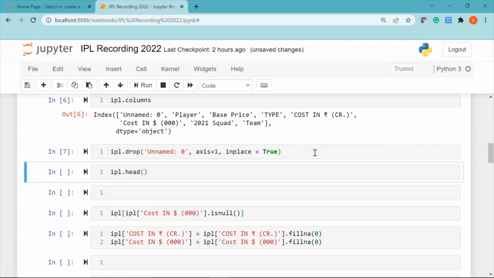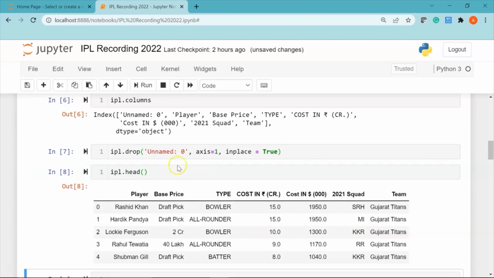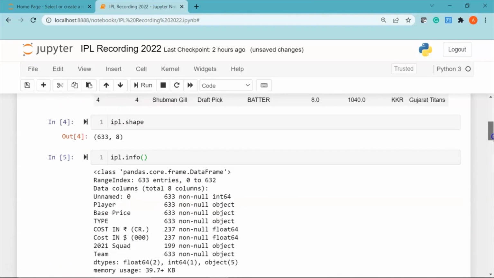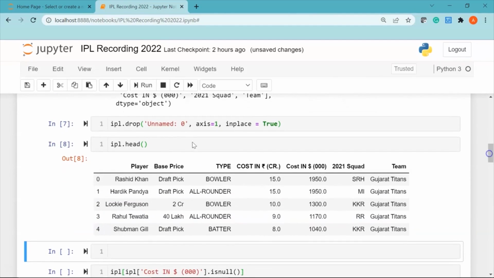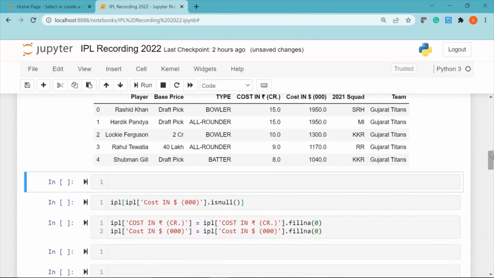So let's run it, and now we'll again check the head of the data frame. You can see before we had the unnamed column, which was the first column in the data frame, and now we have successfully removed it, so player becomes the first column in the data frame. Alright, now moving ahead,